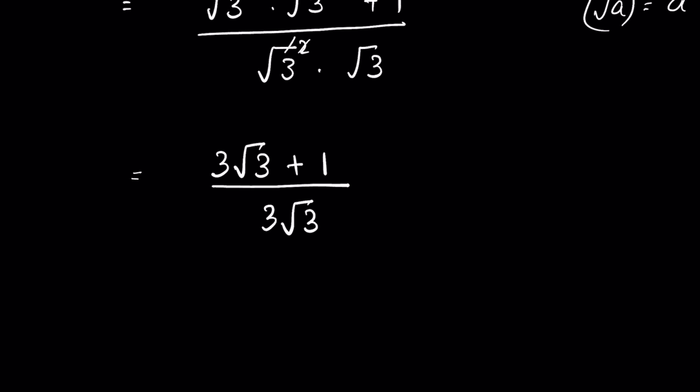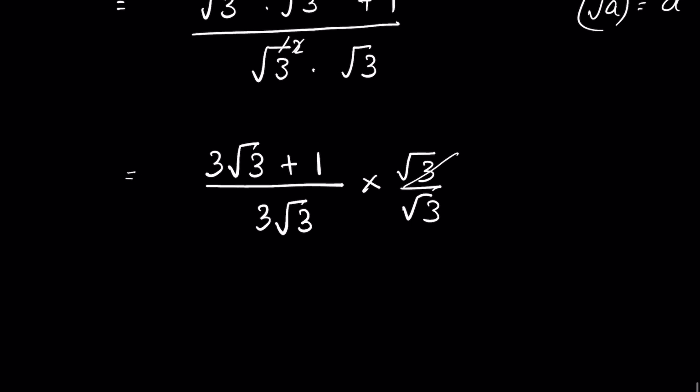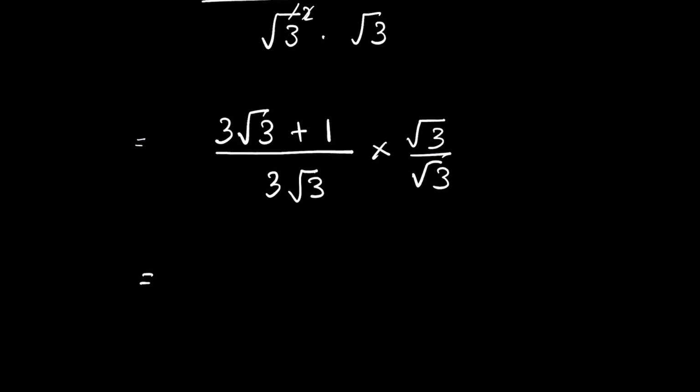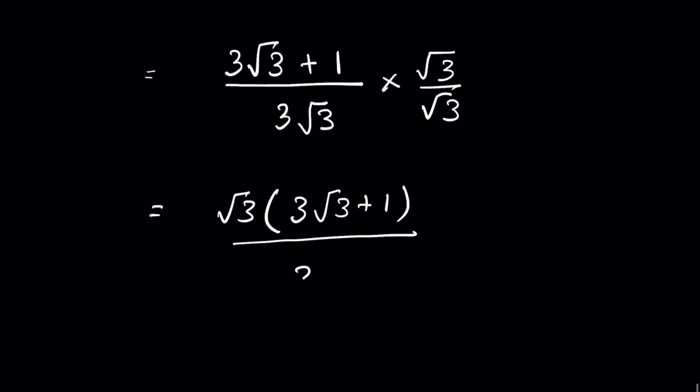Now, what if we multiply it by 1? The number won't change. So instead of multiplying it by 1, we can also multiply it by square root of 3 upon square root of 3, because we can cancel this and the number remains the same. So when we multiply and divide it by the same number, the fraction remains the same, and square root of 3 gets rationalized. Square root of 3 times 3 square root of 3 plus 1, then upon 3 times square root